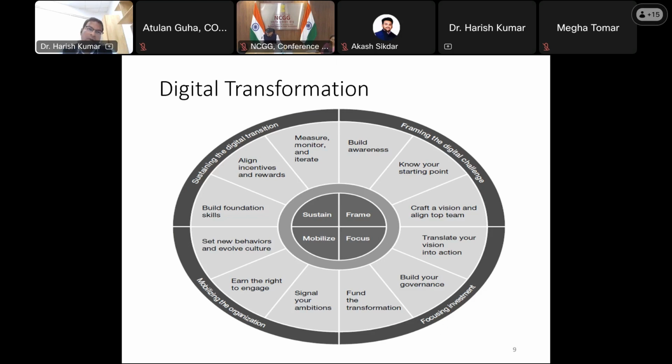If we talk about the governance part, build your governance. That means who will be accountable, develop the teams, who will take the responsibility, and what are their roles, different functions, business units, or I can say government units. Coordination and sharing among all the units, so that there are no information gaps. Apart from that, who is taking the digital transformation? Maybe your IT department, marketing department, operation department, or the complete organization is going to be responsible for this.